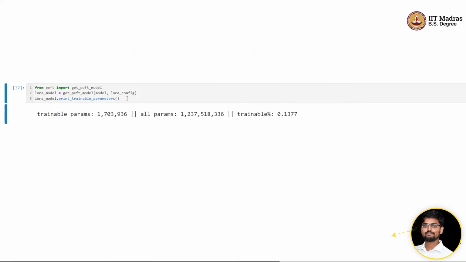Okay. And now we have to really check. The model has 1.23 billion parameters, but after adding these adapters to each layer, we have to count the number of trainable parameters because we freeze the rest of the parameters. We just need to train the parameters in the adapter layers. So we have to count that. We can count that manually, or we can also use the inbuilt function. Remember, first I have to add these adapters.